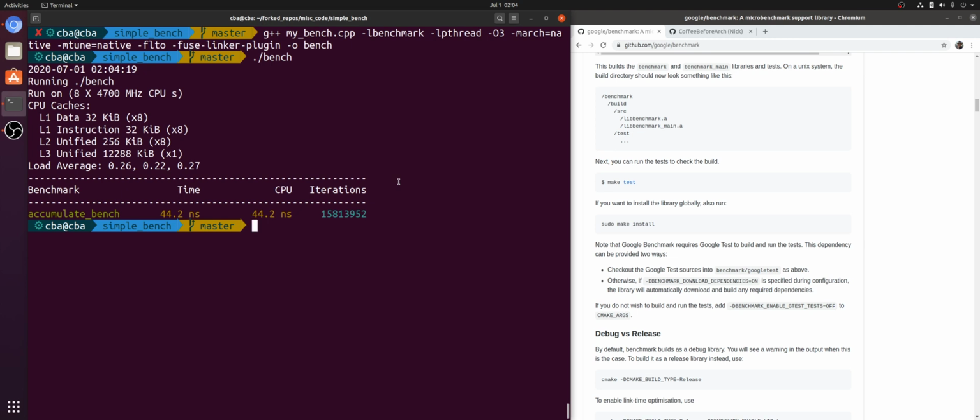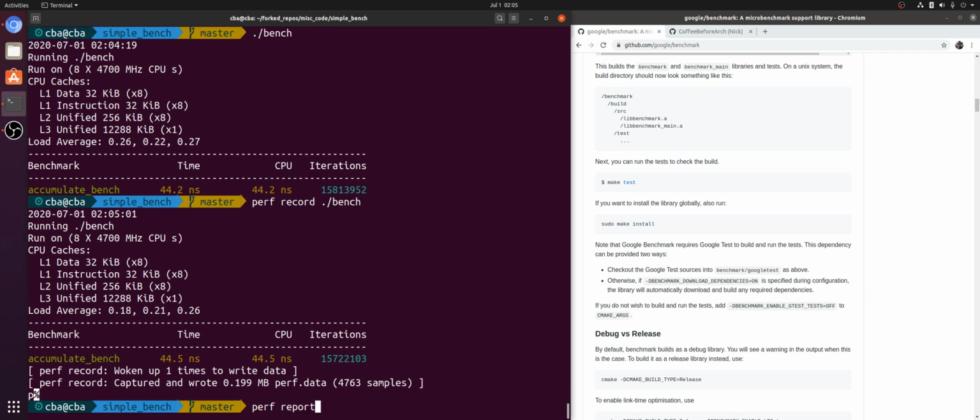A good thing to do whenever you're writing these benchmarks is to do a sanity check on what's actually going on underneath the hood. Right? That'll help you make a little more sense as to why my code is running faster or slower. And for something like a microbenchmark, especially for something as simple as std::accumulate, it should be fairly easy to understand. Right? Maybe not in some other circumstances, but for something like this, it's not a bad idea to look at the assembly. So let's do perf record on our benchmark,